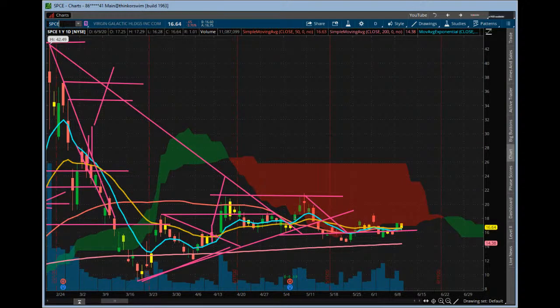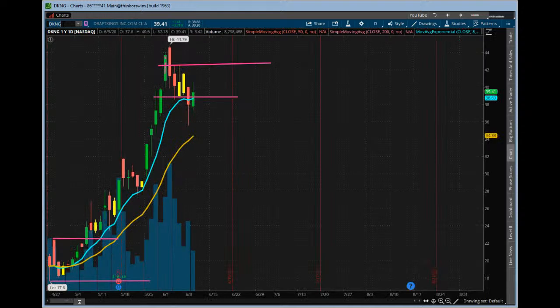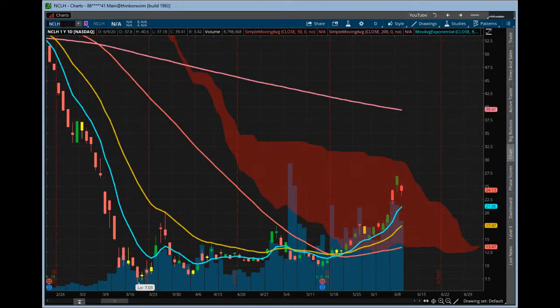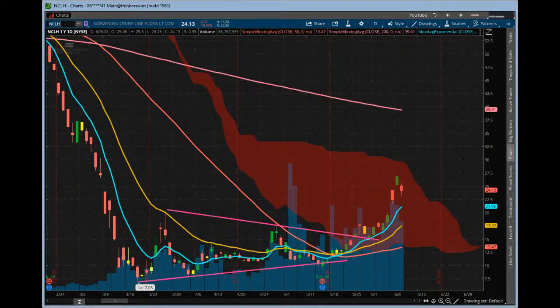SBCE, inside day at the cloud. So let's see how it holds there. DKNG, it's a good one to keep an eye on, right? Lower shadow yesterday. Did get back above the 80 MA on that one. NCLH, again, similar stuff yesterday. You got a nice green candle on that one, but decreasing volume. So a little bit of a pullback, but it seems to be hanging in there still over the 80 MA.